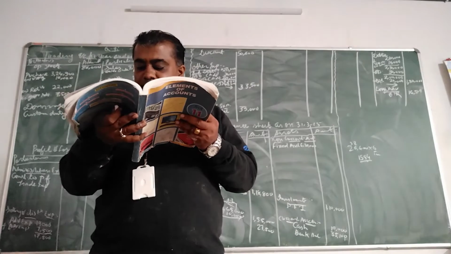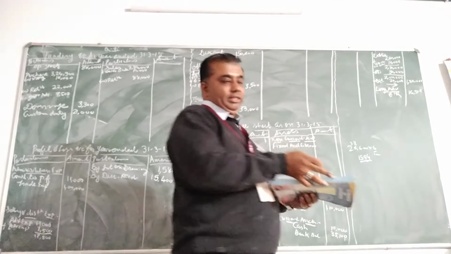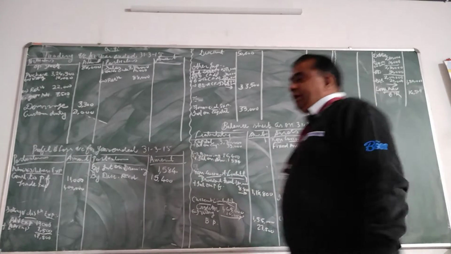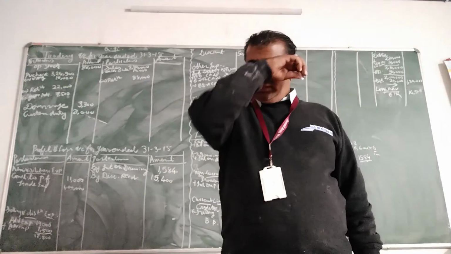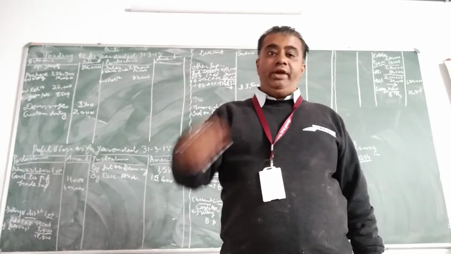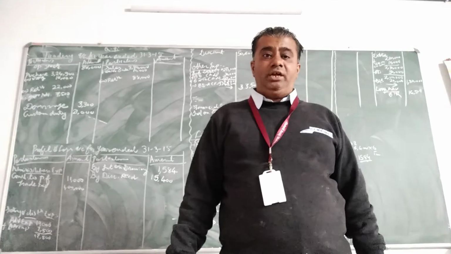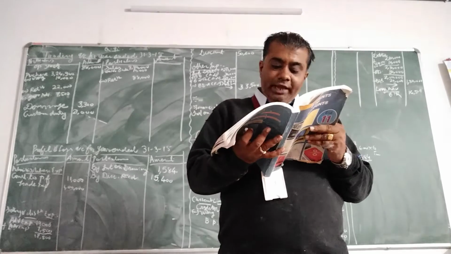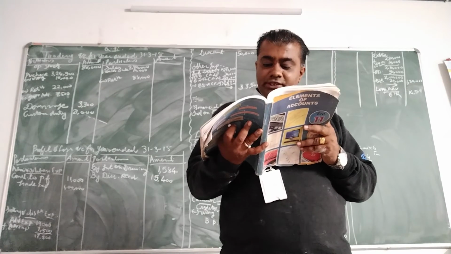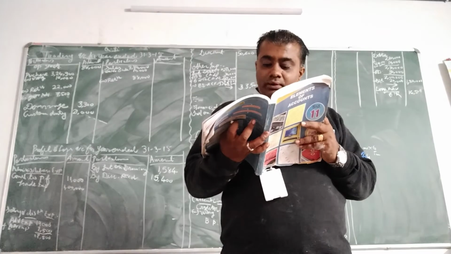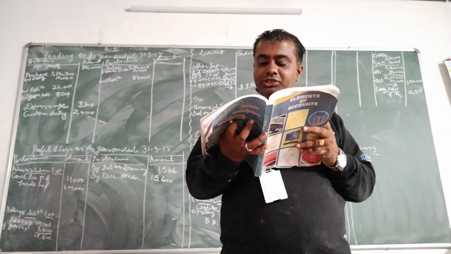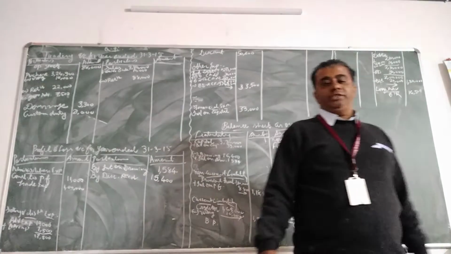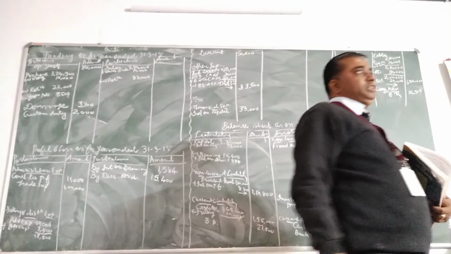Calculate the depreciation at 10% on fixed asset as per straight line method. Then we already know that when the depreciation is calculated on straight line method, we have to consider the cost price of it. So what is the cost price? Read in the trial balance in the fixed asset. Cost price is 6 lakh, so we have to calculate on it. 6 lakh 10% is 60,000, so 60,000 is the depreciation.